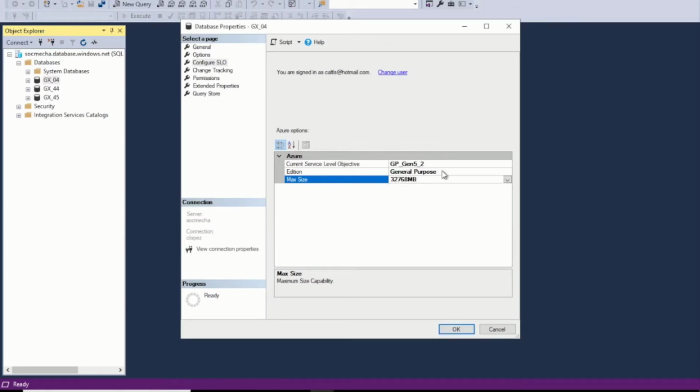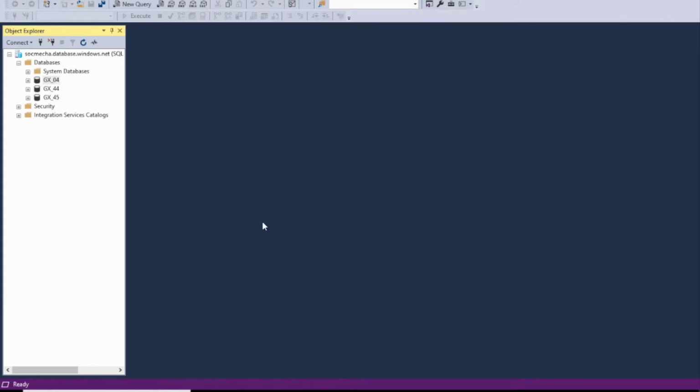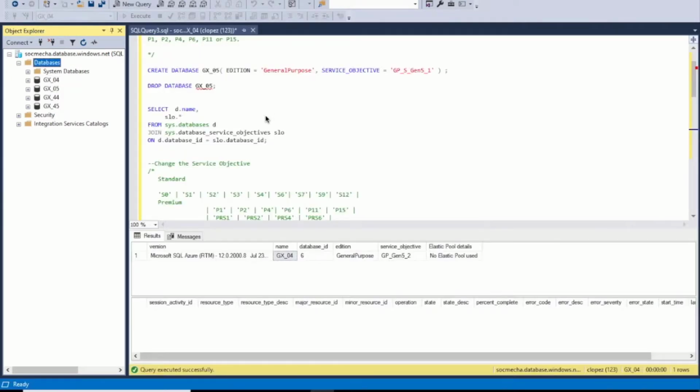So that depends on the size of your database and the performance that you need. So you have to go and test. If you need more resources, you can change it from here. So that is the purpose of showing you this graphical way. This is another way to create